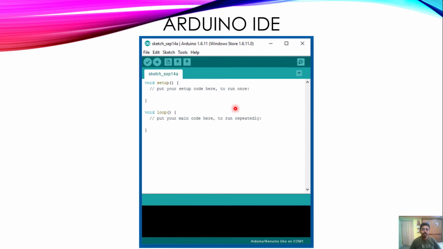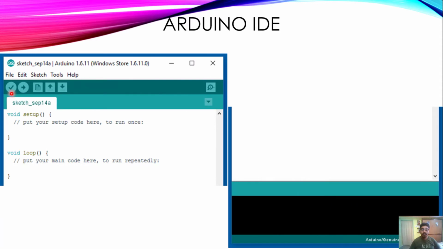This is the Arduino IDE. Here we can write the code, and this is the compilation part. Here you can see the output of the program. If you have any errors, then the errors will be shown over here. This is the compilation button, and this is the upload button,